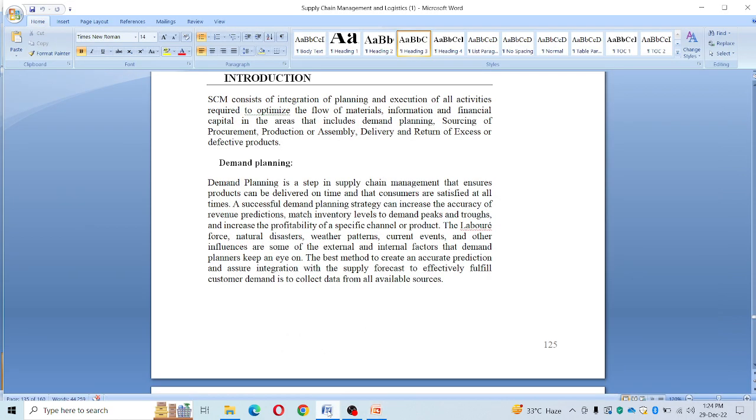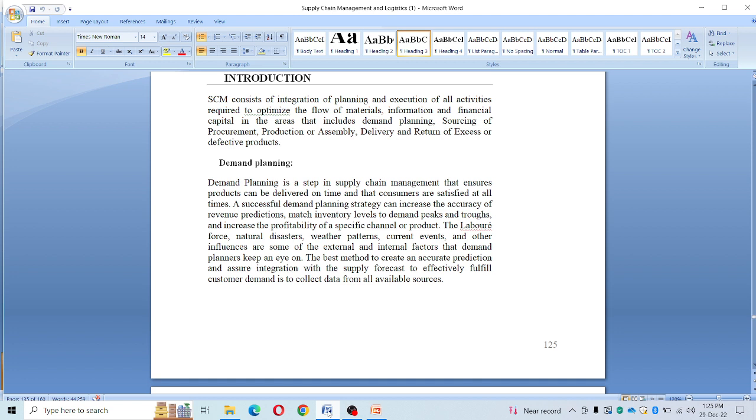This is something drawing our attention towards demand planning also. So what is demand planning? Demand planning is a step of supply chain management that ensures products can be delivered on time and that the consumers or customers are satisfied at all times. So whenever we measure our supply chain integration, we talk about whether the goods are delivered on time, whether the consumers are satisfied with the proper lead times. If the answer is yes, our demand planning is going in an accurate way,